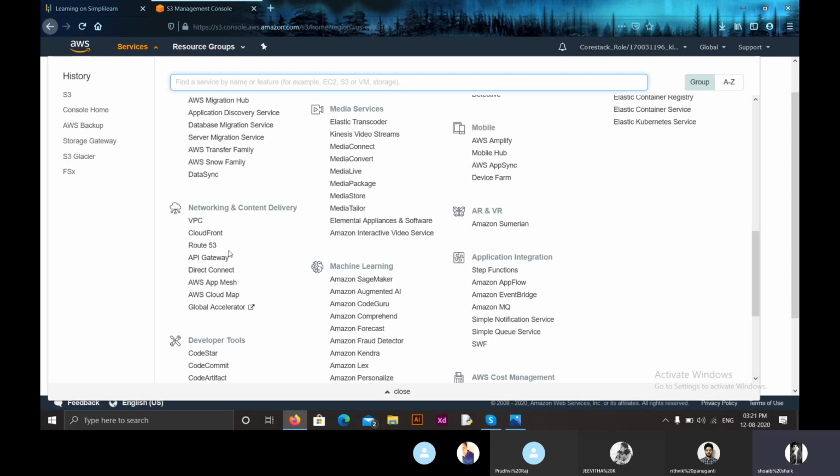Now we'll be discussing Route 53. Route 53 is also a service that provides us with networking and content delivery, and this comes under the network delivery category. So let us look at it.